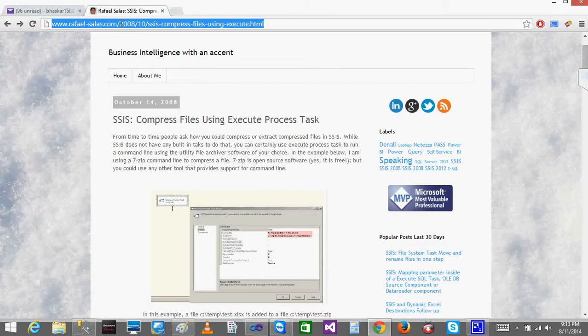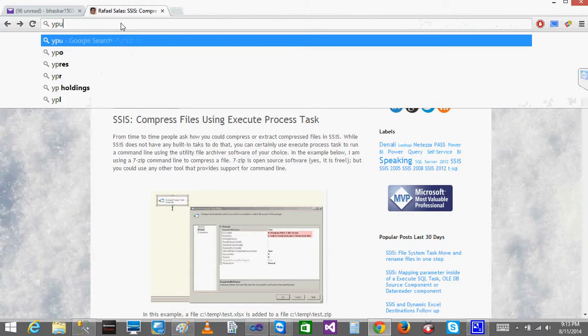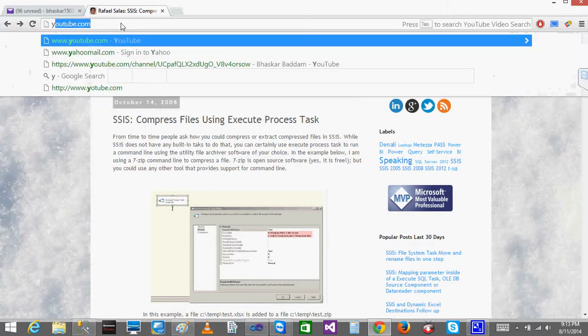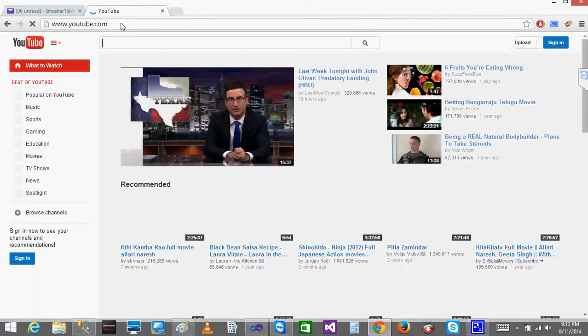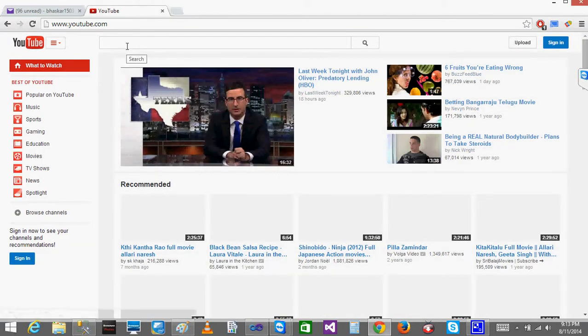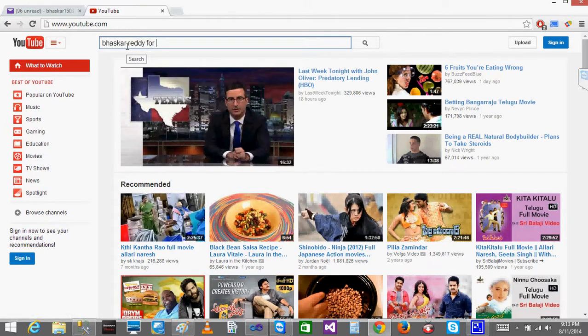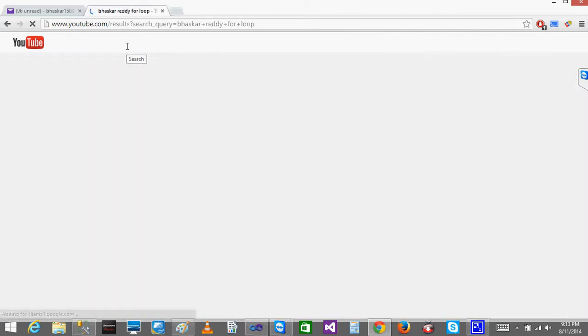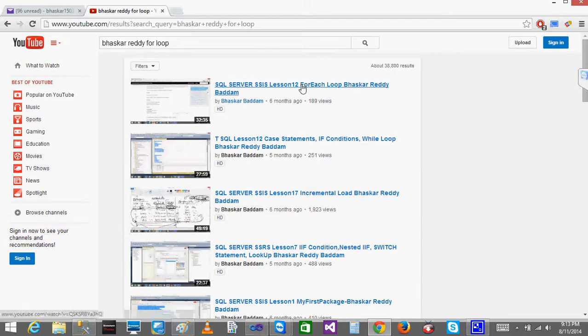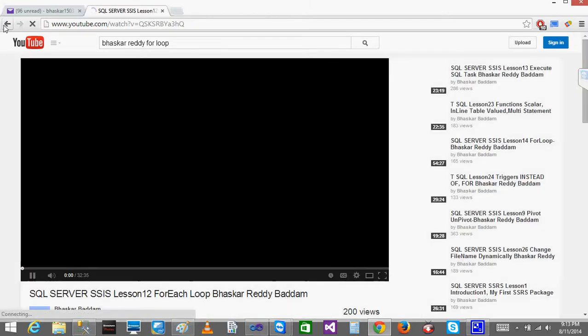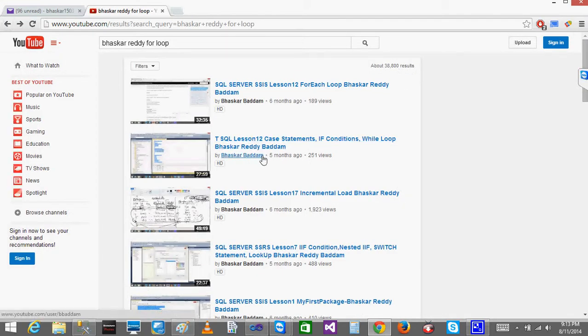You can go and see it here, it's in depth. It is the For Loop, For Each Loop container. Where is the For Loop?